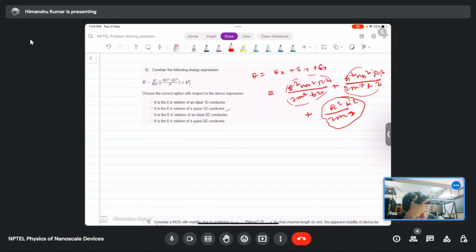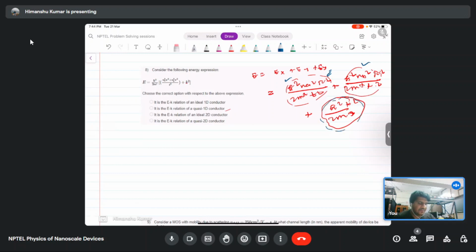As you can see the form of the confinement, it is as if we confine the electron in two of the directions. So we can see with this expression that it is confined in two dimensions. One dimension is this side, one dimension is this side, and it is free in the other direction.